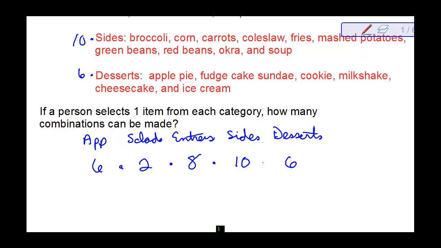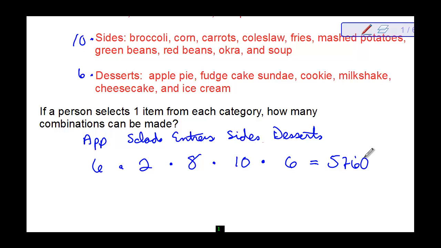And I'm going to multiply these, which will give me 5,760 different possible combinations, because I could choose fried cheese, Caesar salad, grilled chicken, broccoli, and an apple pie, or